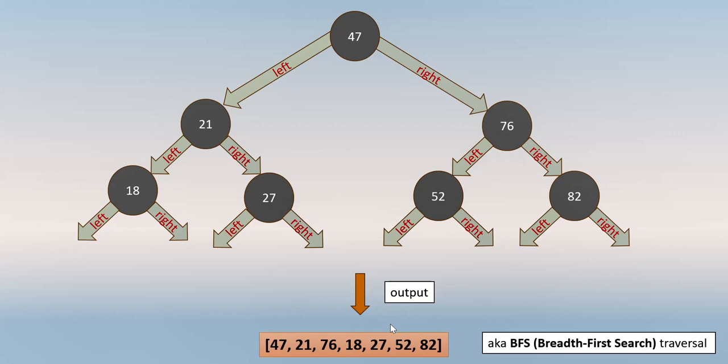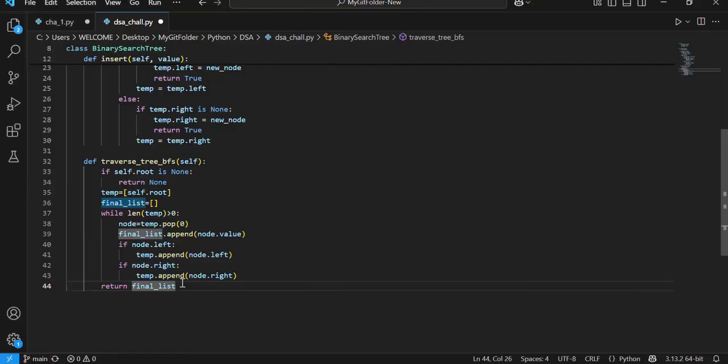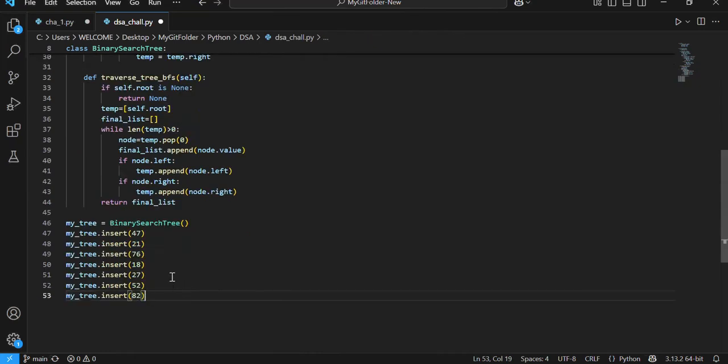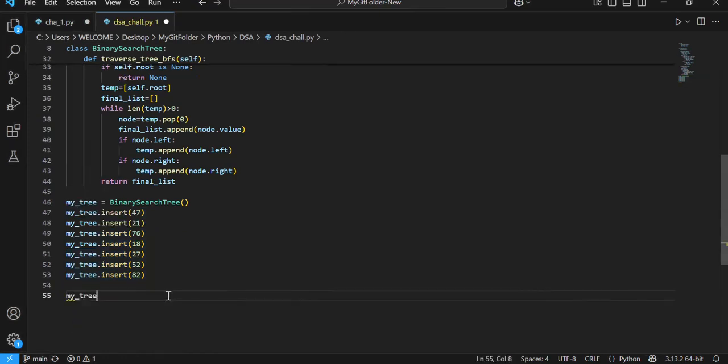So now I assume that you must have got a very clear picture of what is exactly happening in that function. Okay. Now let us test our method in order to check whether it is working correctly or not. Okay, so first I will create an instance of this class binary search tree, and then I will insert these nodes. So during insert, it will consider those three conditions, and it will create a valid binary tree. So now let me call our method which we have just created,